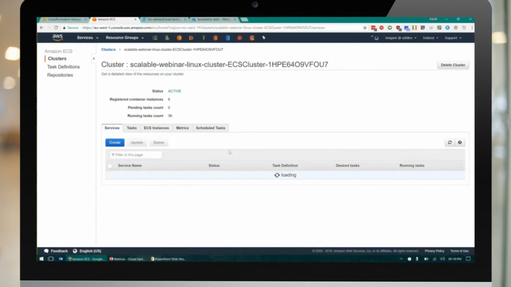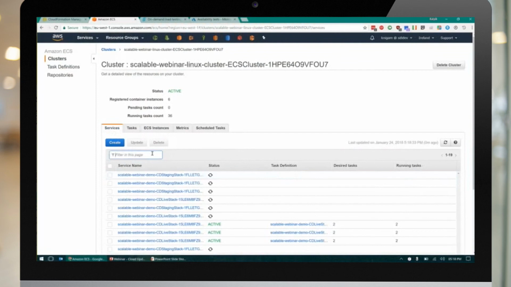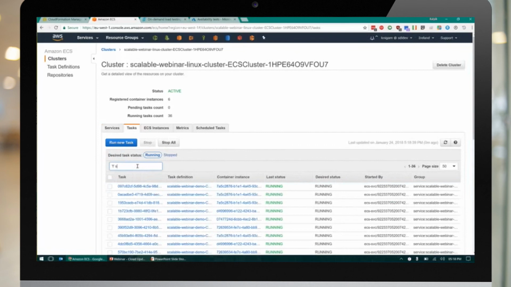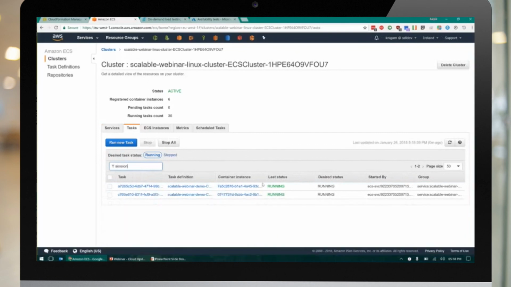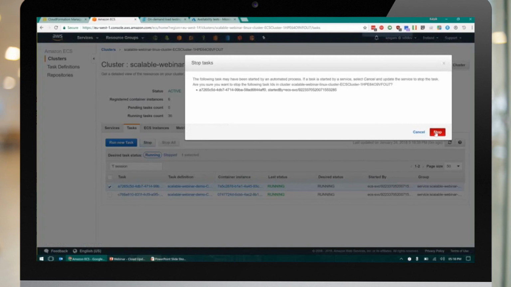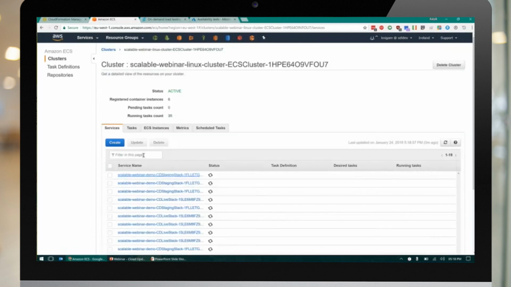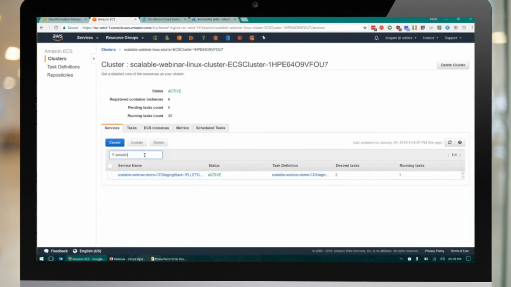So let's go back to the session service then. Let me filter on the tasks. So I have two tasks running for the session service. So if I just stop this task, which will kill the container. So now if I go back to the service, you'll see the desired tasks is 2, but the running tasks is 1 because I just killed one. If we just wait for a few seconds,